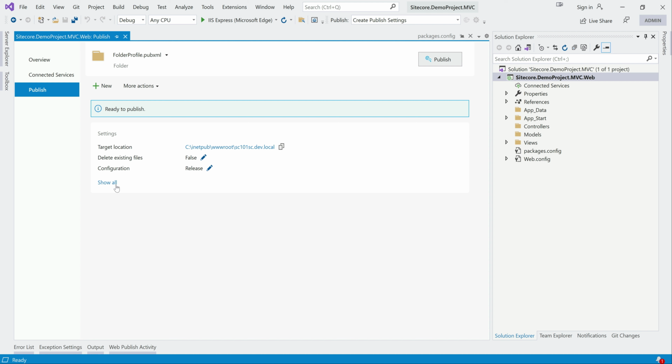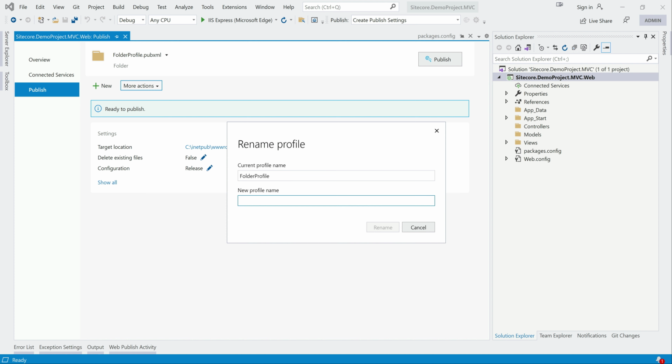I have not published anything yet. I'm going to rename the profile, new profile name. Otherwise it just has a folder profile. So maybe I'll put SC10.1 deploy.